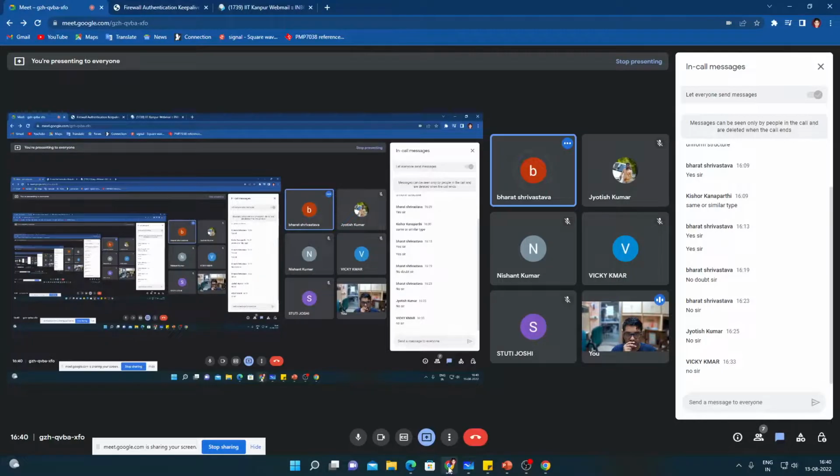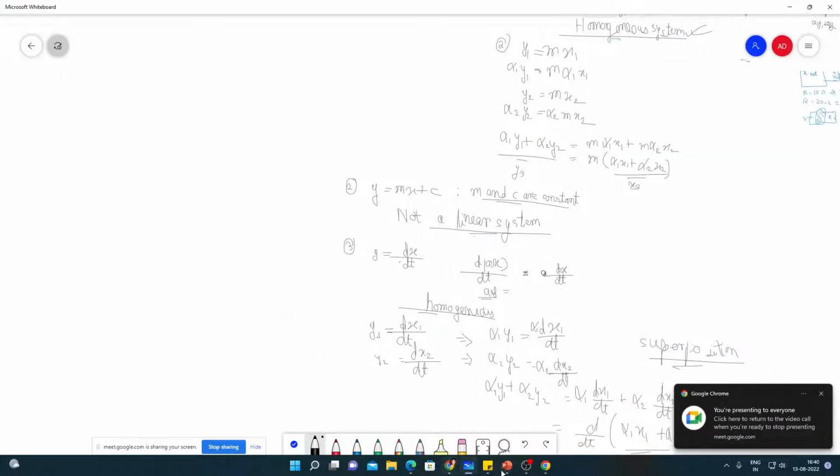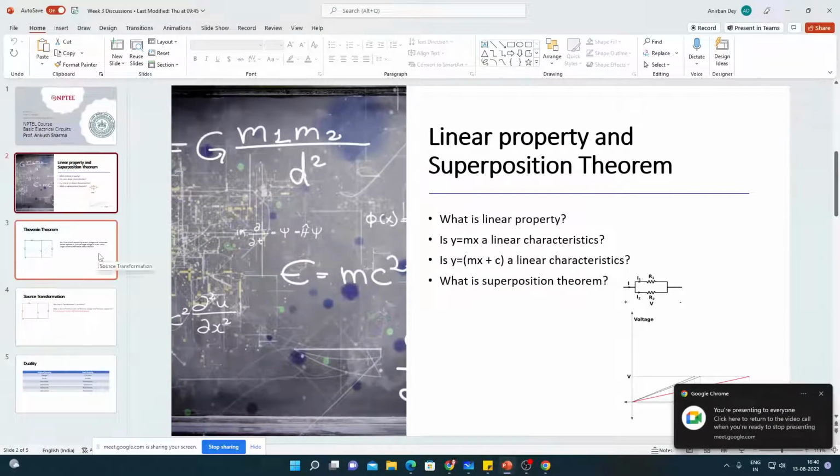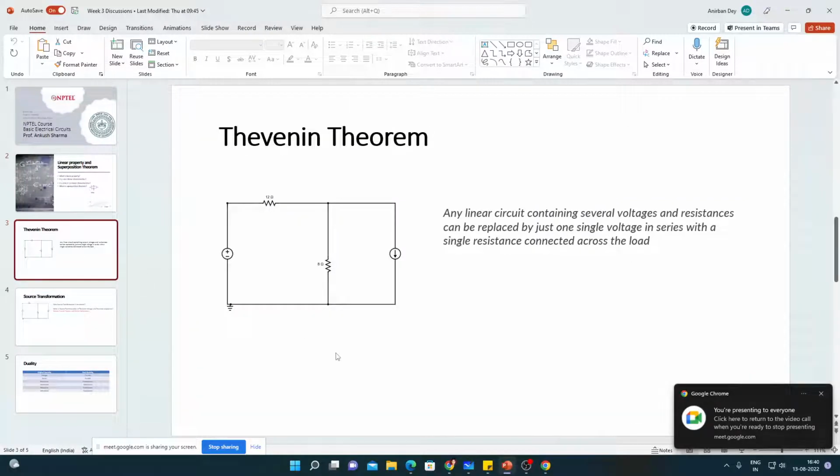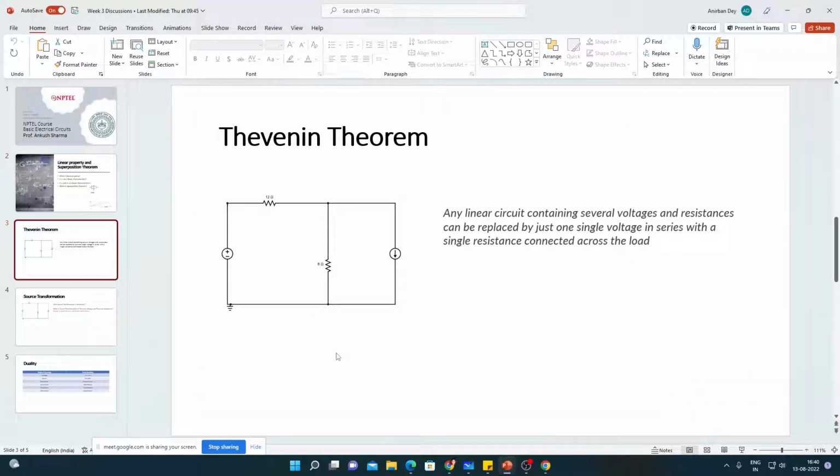Yes sir. Okay, so now let's move on to the next topic. The next topic is Thevenin's theorem. So it is basically a theorem. It basically states that